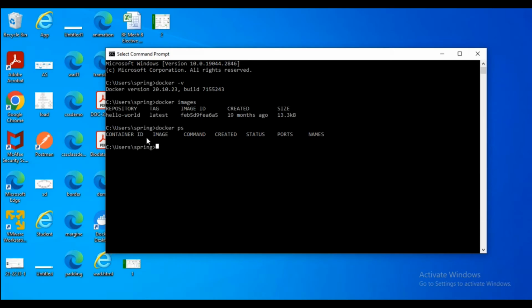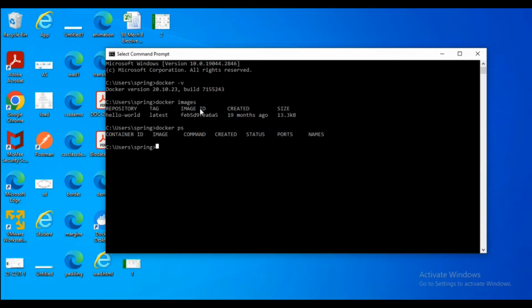For that image, the container ID is present, the image is present, and the command for that image is present. Also the status, ports and names for that image are available. So using docker ps we see the different containers, and using docker images, the different images available inside this Docker.